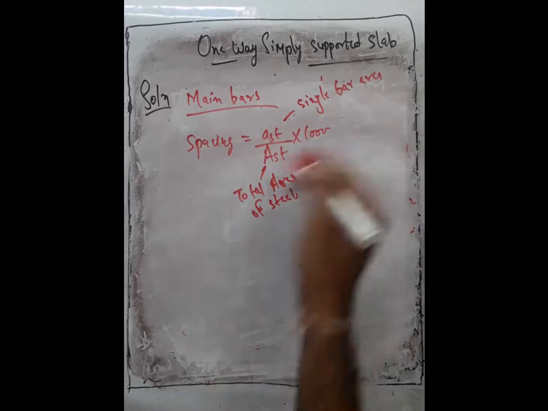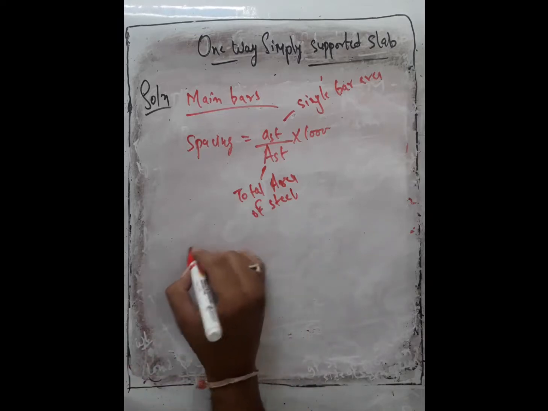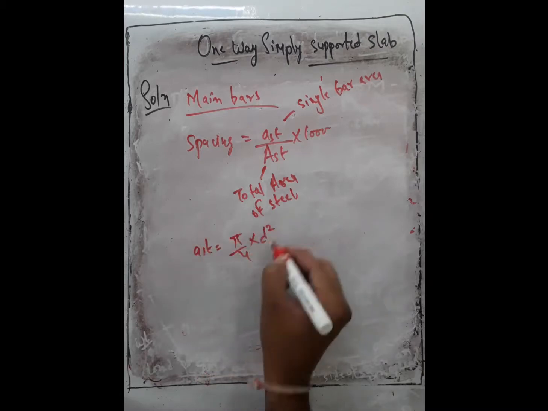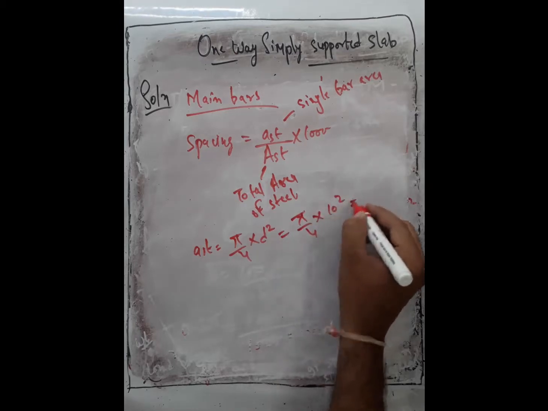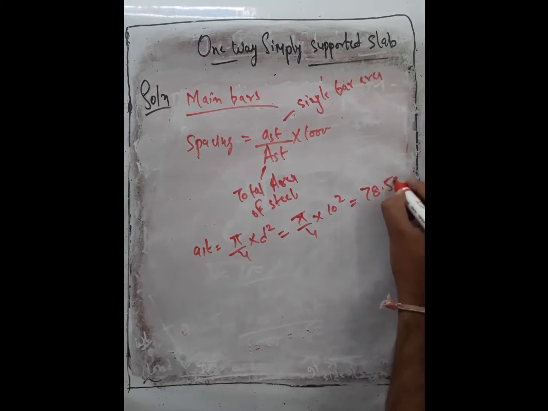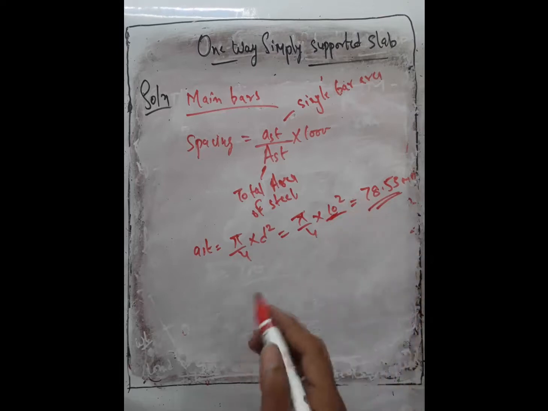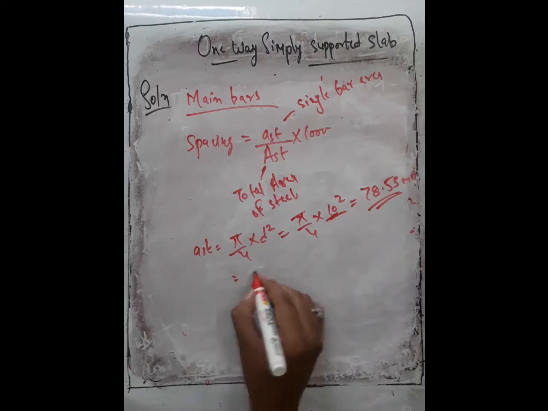Okay, so single bar area, here we already assume 10 mm bars. So we have to find the single bar area. Small AST is equal to pi by 4 into d square. So pi by 4 into 10 square is equal to 78.53 mm square. This is the single bar area, and we assumed in our previous stage that the main bar is 10 mm in dia, and total AST we get